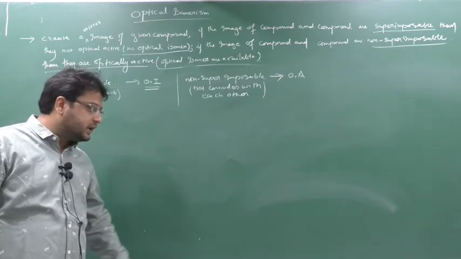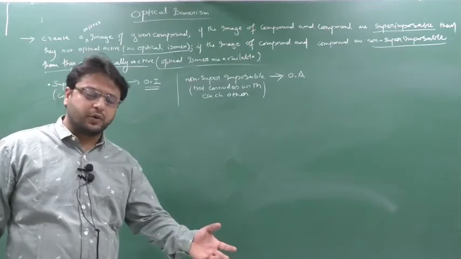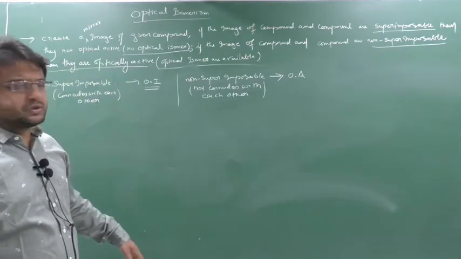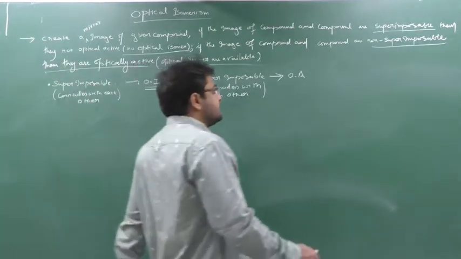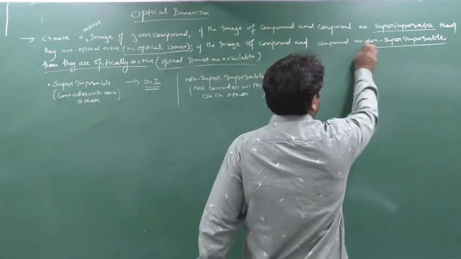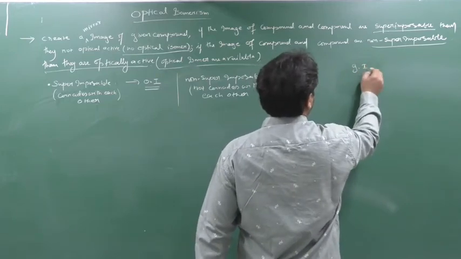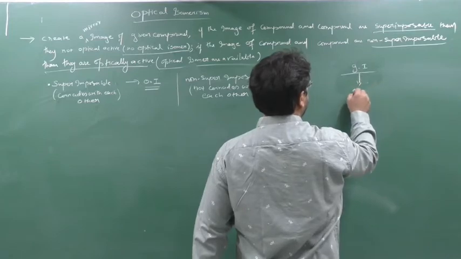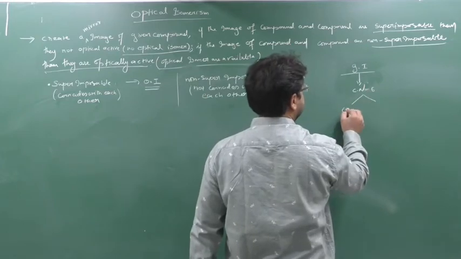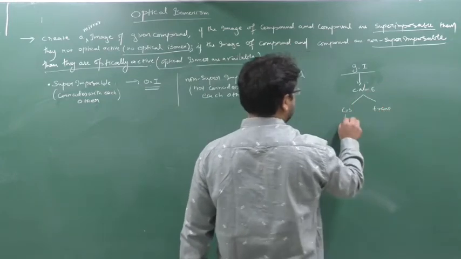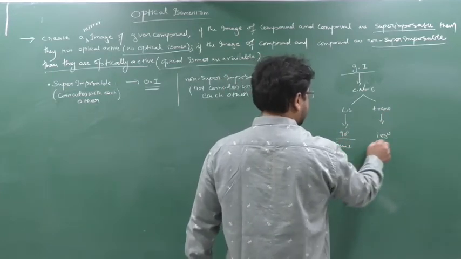Clear this part, and this you have done in dextro and levo, plus minus, dextrorotatory and levorotatory. Here this all will not come, just to say whether they are optically active or not. Here we are going to see two. In coordination compounds we are seeing geometrical isomerism, yes or no? And here coordination number is 6 only. In coordination number 6 we have one cis and one trans: cis 90 degree, trans 180 degree, or same side and opposite side.